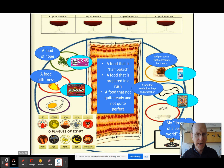Food of bitterness, which is Hot Tamales we're using here. A dip or sauce that represents hard work. We're using marshmallow fluff. That's probably not the right thing, but it's parve. It's not dairy, and it could be a good dip. You're going to have normal matzah, and you're going to have